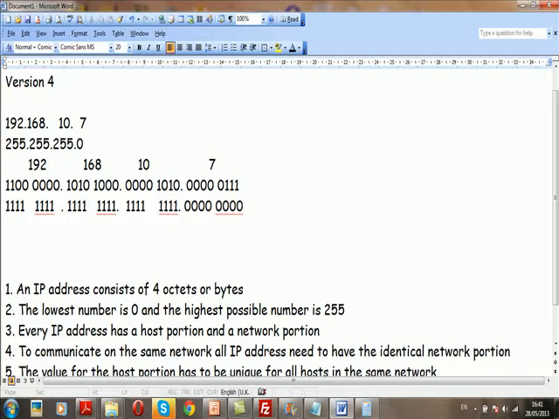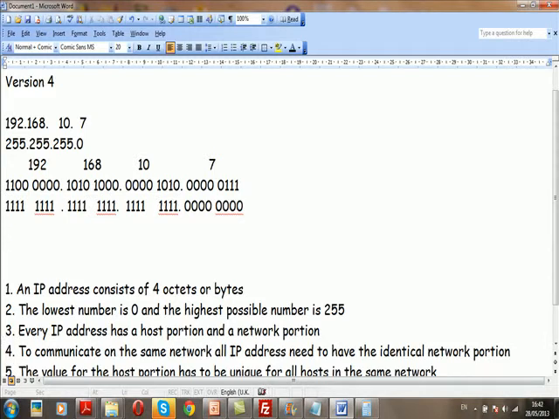So how does it work with the subnet mask? Again, what I've been saying is wherever these ones are, let me just highlight them, that's the network portion, and where the zeros are in the subnet mask, that's the host portion. All the stuff above the ones is the network portion. So how does it work? It's basically a mathematical operation. Just imagine you've got a